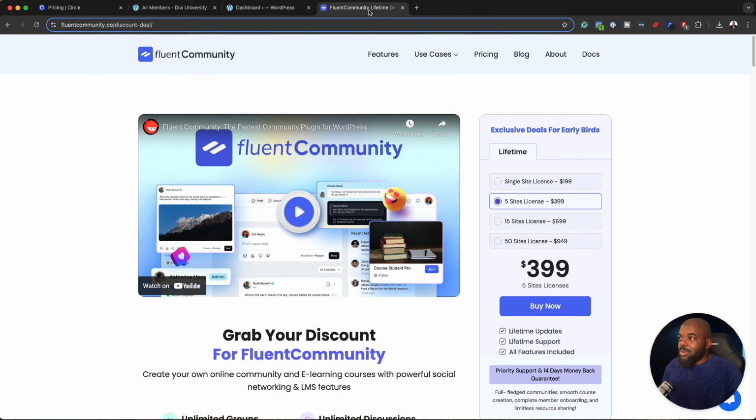So what else can you get with Fluent Community? Let's say you want to charge people for entering your community. Of course you can do that. It can be perhaps $97 a year, or it could be $147 per year. You could give a discount. You could do that because I did this with Divi University. So think about it this way.